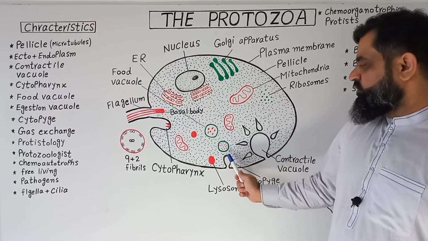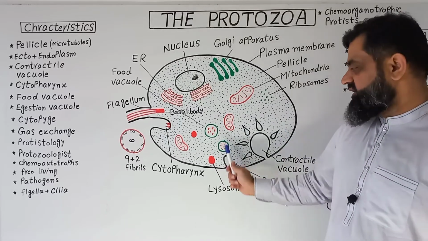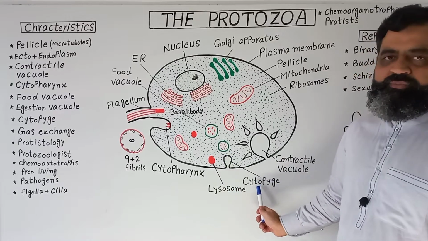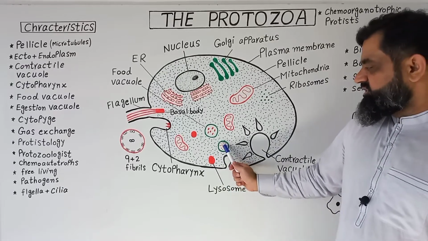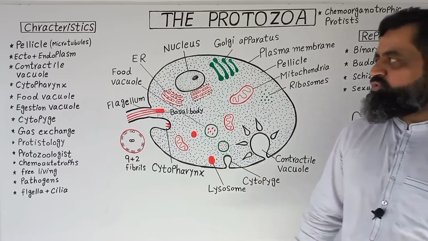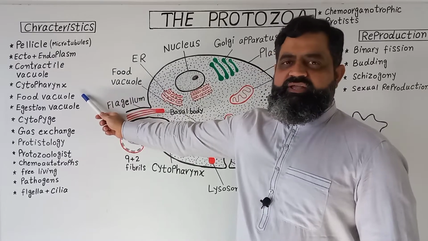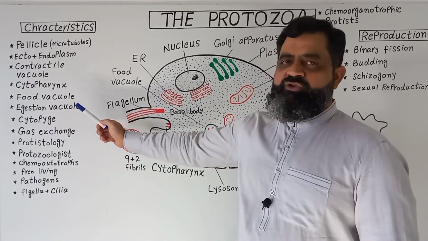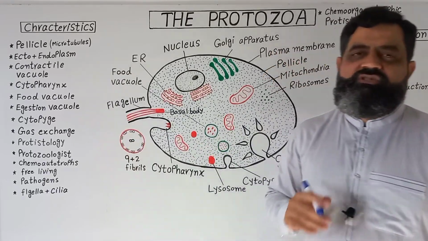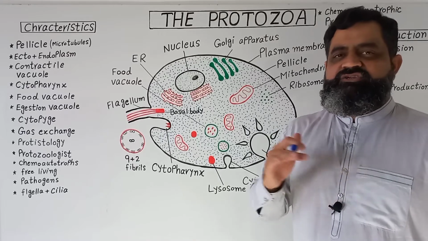When the egestion vacuole needs to expel material from the body, it attaches to the plasma membrane and forms a structure known as the cytopyge. From the cytopyge, excess or waste material can be thrown out through the plasma membrane. So the cytopharynx is for the entry of food, the food vacuole is for digestion, the egestion vacuole is for the elimination of waste material, and the cytopyge is the structure from where